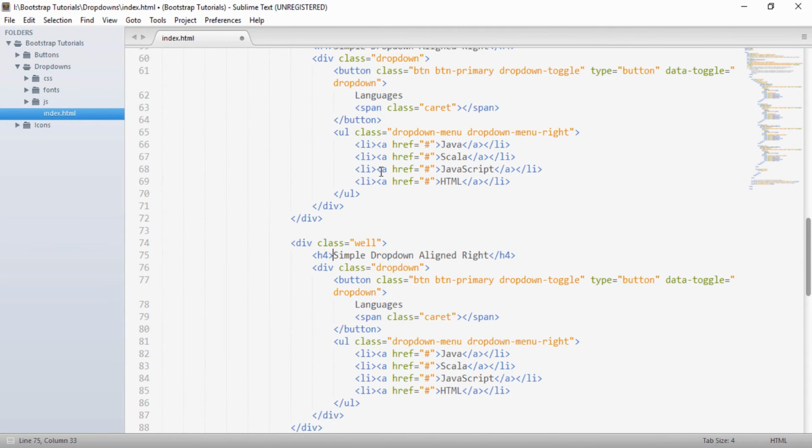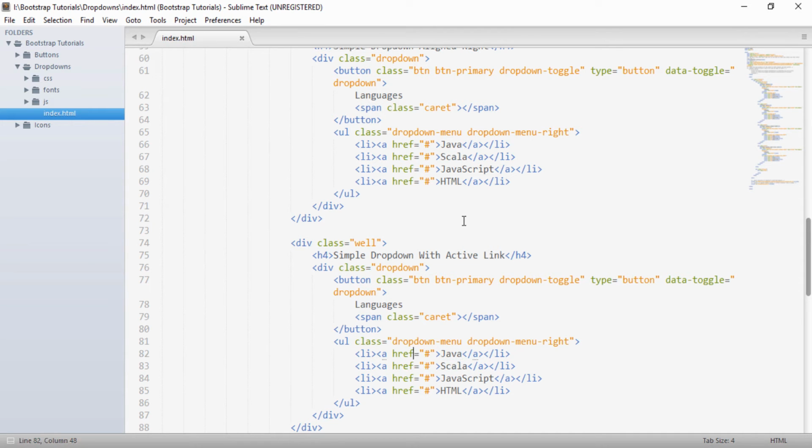Moving ahead, I will copy this well again and put it here. Here I will show a simple drop down with an active link. To make a drop down with an active link, suppose whenever I click on the button, the menu opens with Java shown as selected by default.